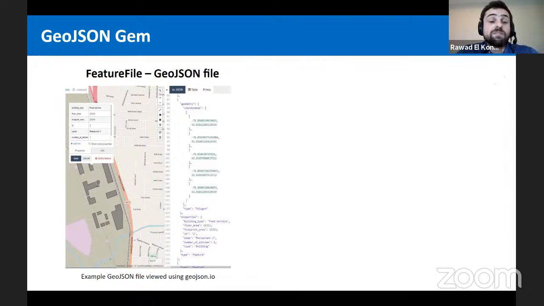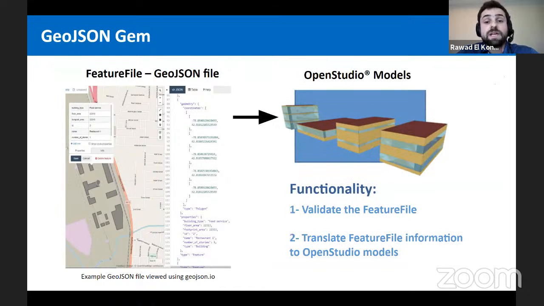After we extended this GeoJSON file, we constructed a GeoJSON Gem. This GeoJSON Gem has the functionality to parse all the information in this feature file and translate it into OpenStudio energy models, as you can see here.